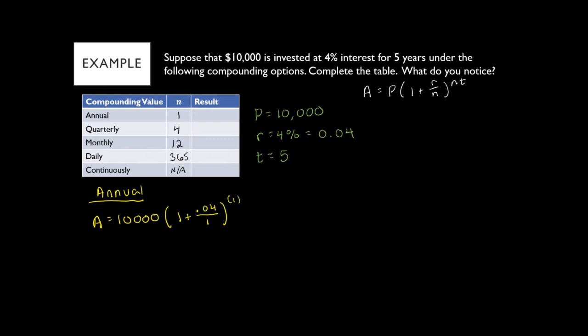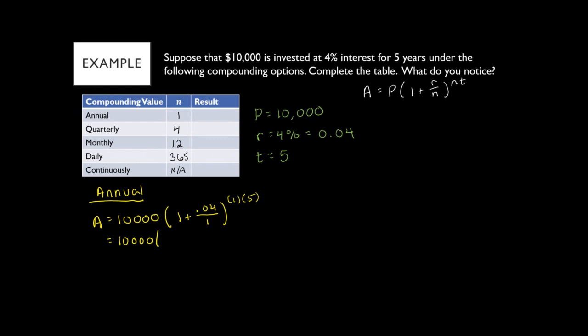So N is 1, and then T is 5. So we've got this expression, and we're going to follow the order of operations here. First is the exponent stuff. So we've got 1 times 5, so we're going to have 5 as the exponent. And then inside the parentheses, because we can do this at the same time,